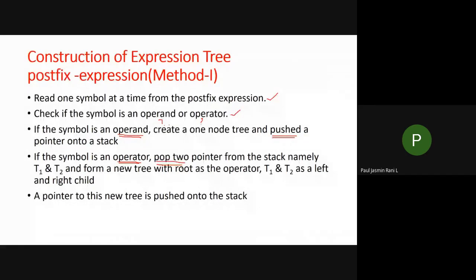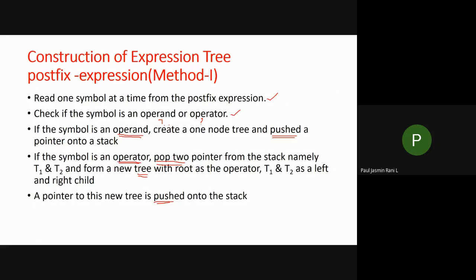I have to do the pop operation twice, and I have to create a tree. After that, I have to push that tree inside the stack. These are the things I have to do when I get an operator. So I repeat it once again. When you get an operator, you have to pop two elements from the top of the stack.